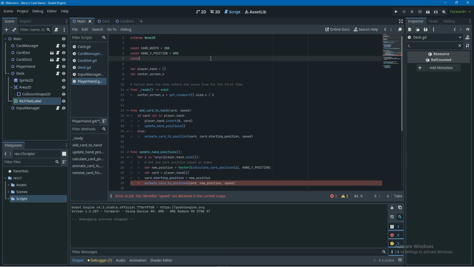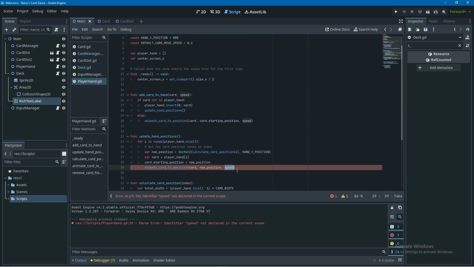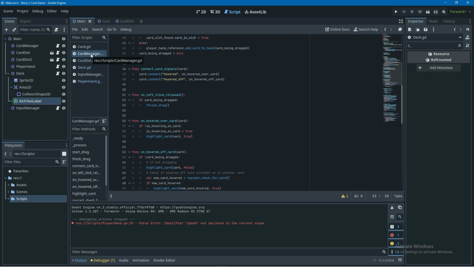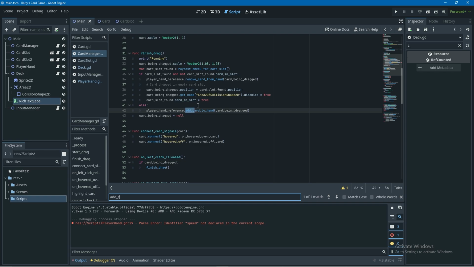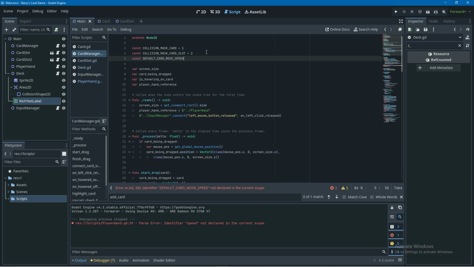And then at the top of the script, I'm just going to create a new constant called default card move speed, and I'll set it to 0.1. And then down here in the update hand positions function, we are passing in speed into the animate card to position function, which doesn't exist in this scope, so instead we'll pass in our new constant. And then we're going to go into the card manager because there's a function in here that is calling add card to hand as well, so I'm going to search for that. And I'm going to pass in that same constant that we just made before, and then I'm going to go up to the top of this script and I'm just going to copy and paste the same constant over